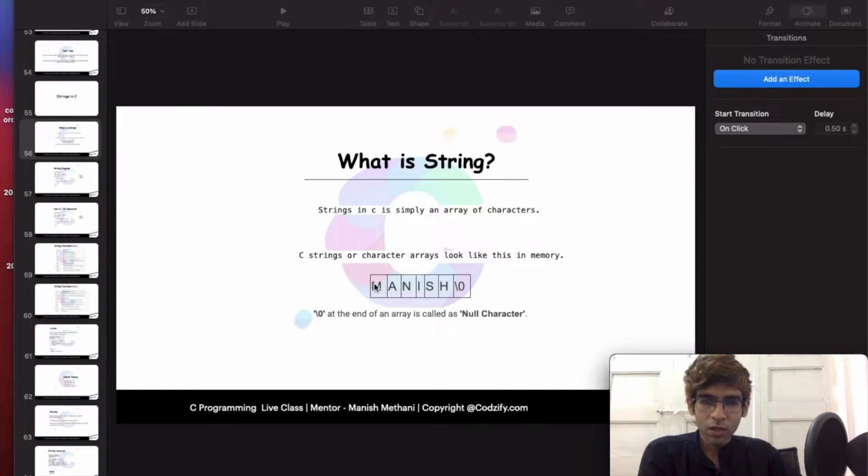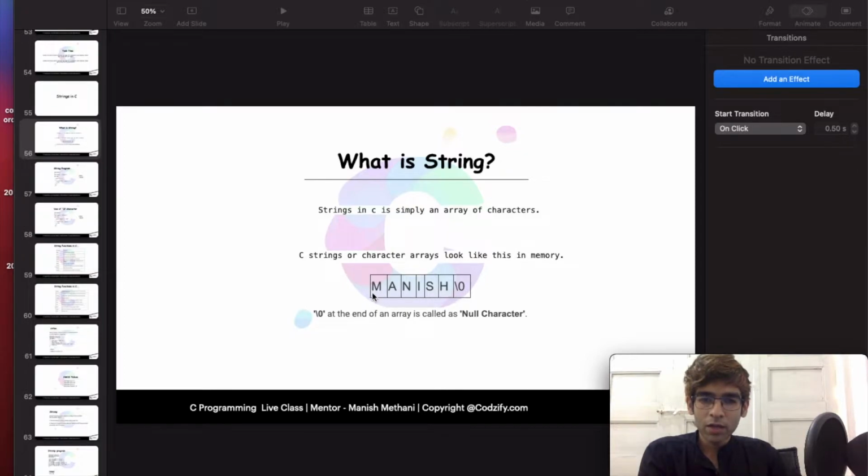Now this string Manish consists of 6 characters: M, A, N, I, S and H. And at the end of this string there is a null character present. What does this null character represent?